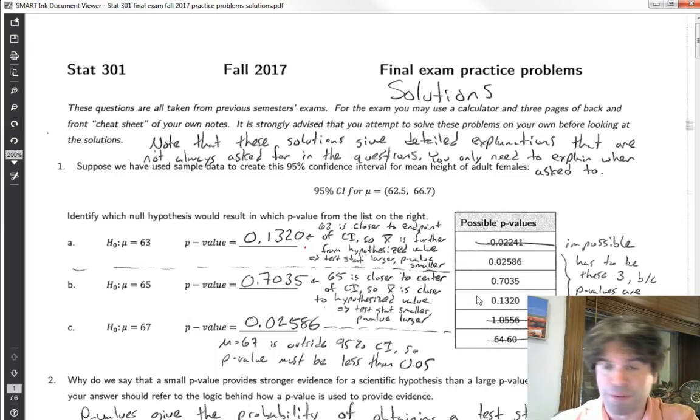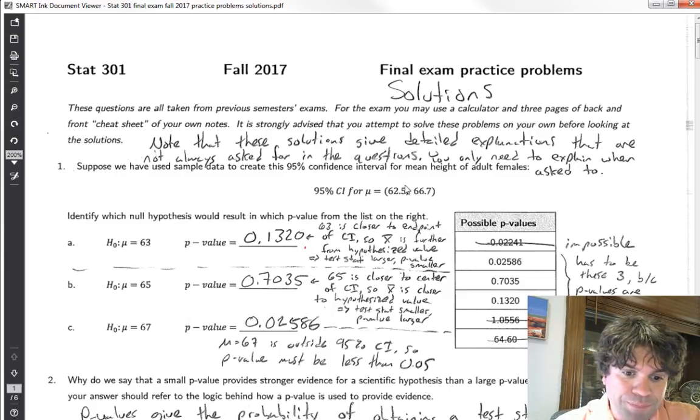The p-value is the probability of getting results at least as extreme as the ones you got if the null were true, and by extreme we mean at least this much disagreement with the null. So the farther the sample mean is from the hypothesized mean, the smaller the p-value is going to be. The sample mean is the center of this confidence interval, and between these two possible hypothesized values, 65 is closer